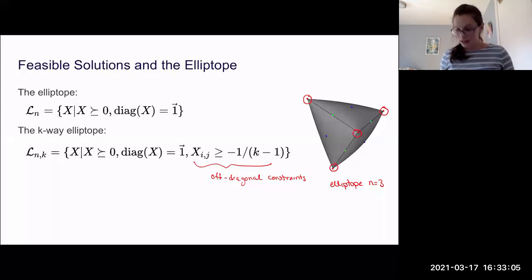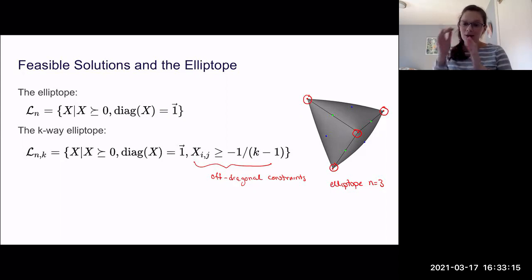If you think about what it looks like, it looks like you've taken a pyramid and blown it up a little bit, so it got puffy on the sides, as if you inflated all the previous faces a little. But it's actually a very hard thing to understand as you increase beyond n equals 3. There's lots of surprising behavior in what this feasible region looks like as you increase n.